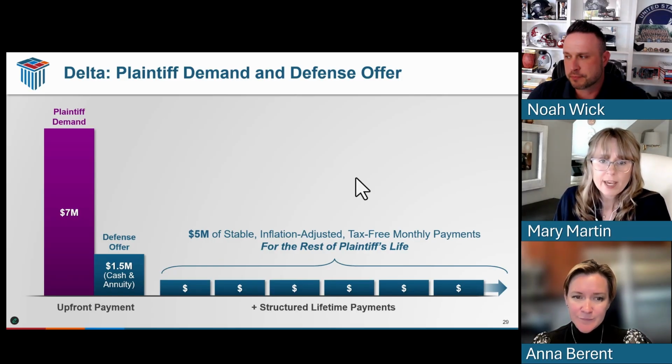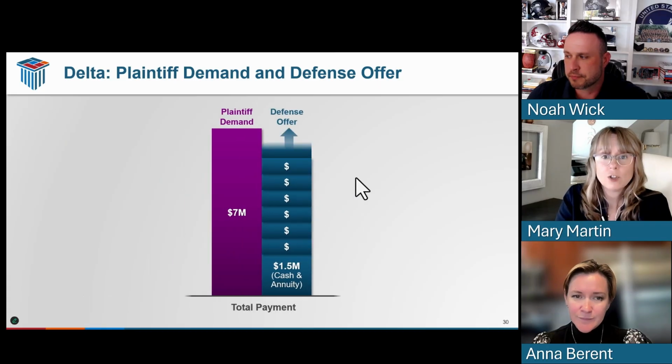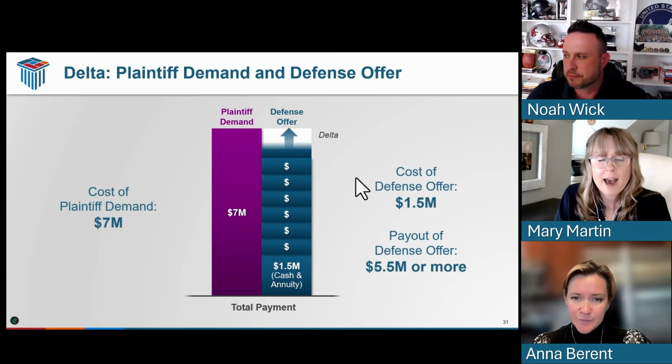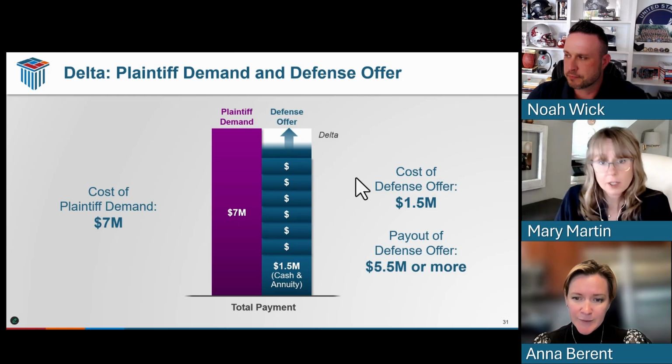So that's how we can use these graphics to illustrate to plaintiffs that the purchase of the annuity is actually, here's what it will pay out in this example over their lifetime, which means the spread, that delta in terms of what we're providing is really much closer to that $7